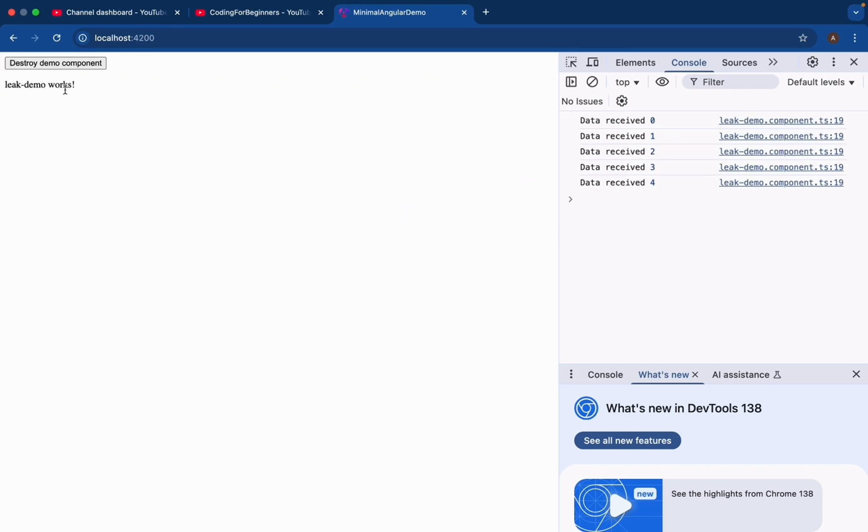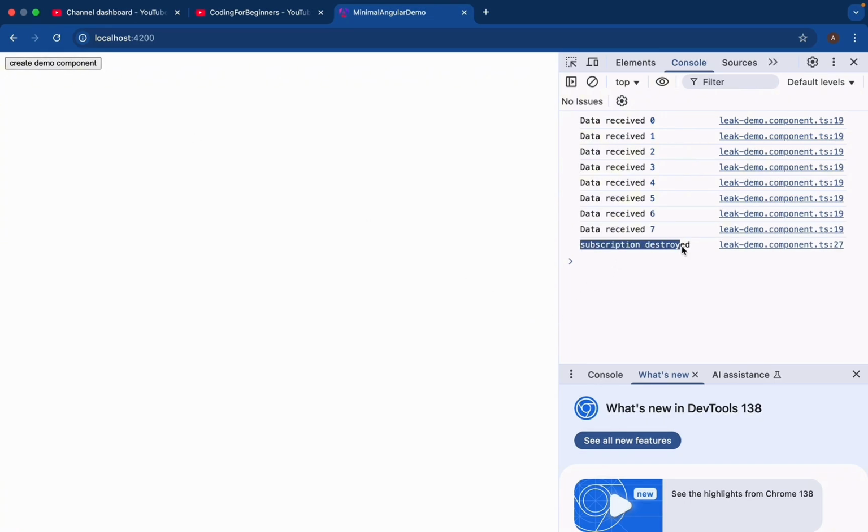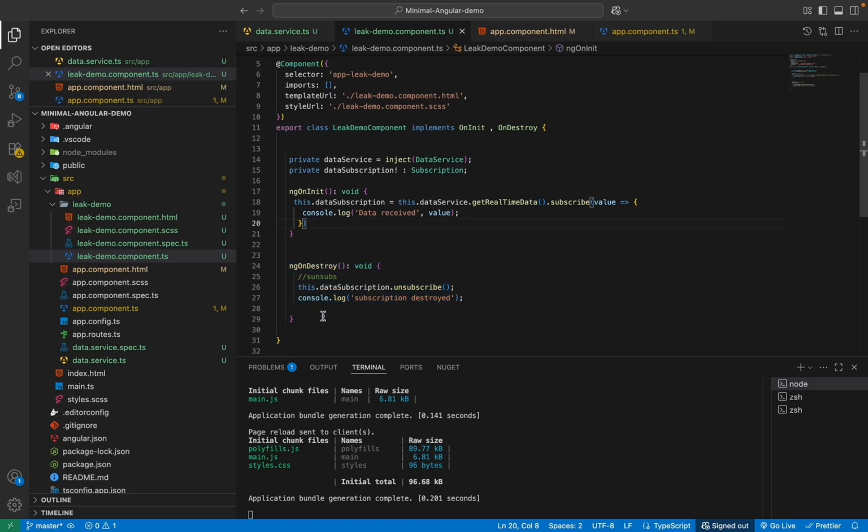It's working fine. As soon as I click on destroy demo component this time, you can see subscription destroyed, and we do not see the service giving us more numbers. So this works perfectly, but this is a bit manual. As you see, you have to remember what component you have subscribed, then you have to go and unsubscribe